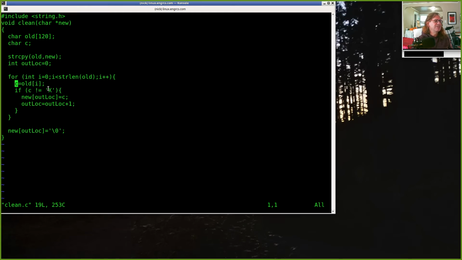And then if that character is not an X, I copy it to my output string and I increment my output location. And when I'm done, I set my output location to a null terminator. This is deliberately a lot of code. I could just use old bracket I instead of C, but I want a lot of code here to demonstrate this. Okay, so